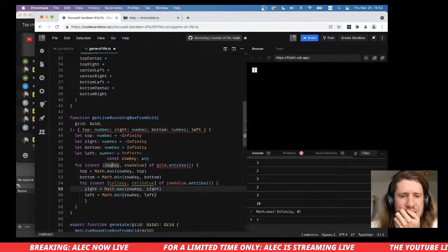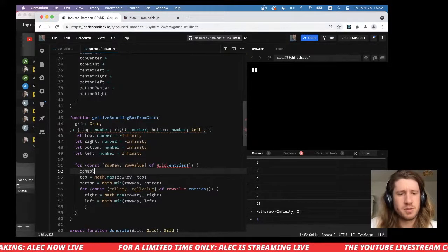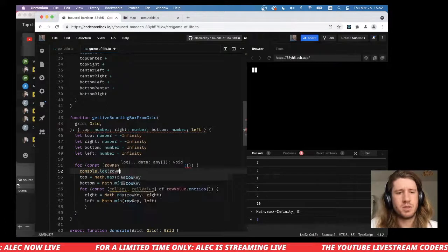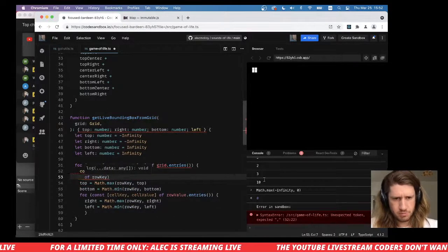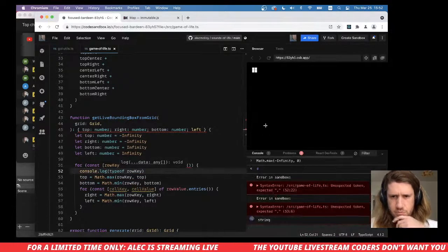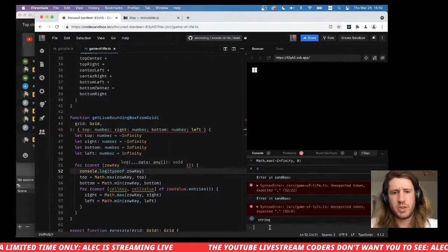Oh, are the keys actually strings? Console.log row key type of. But good old